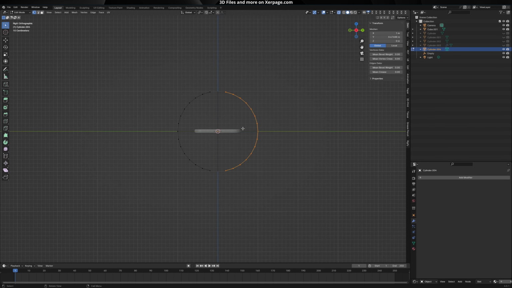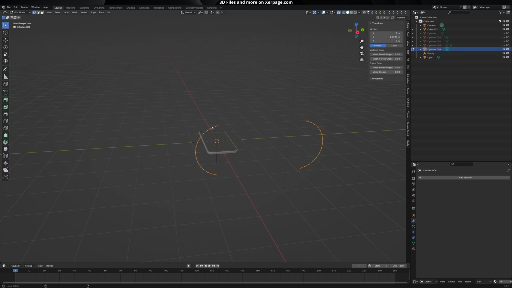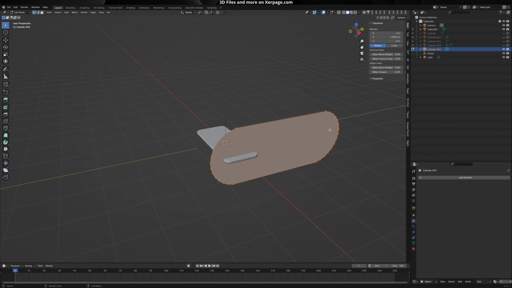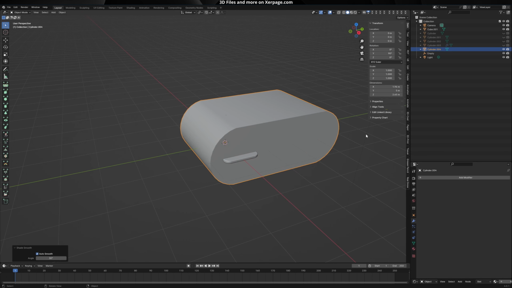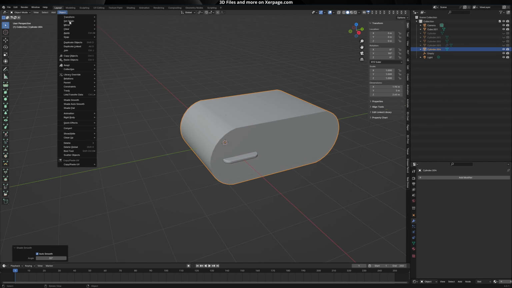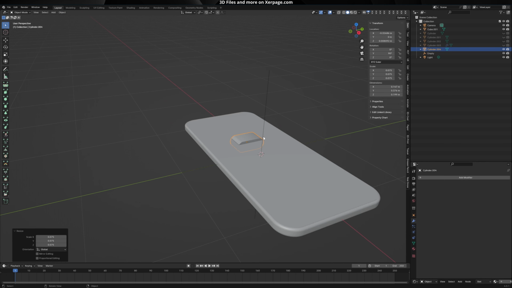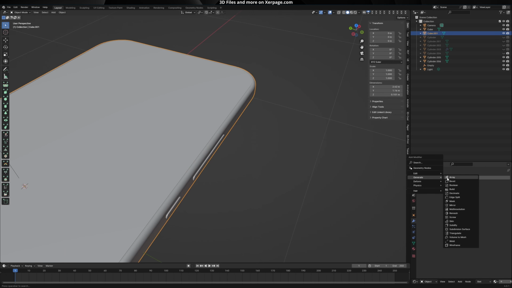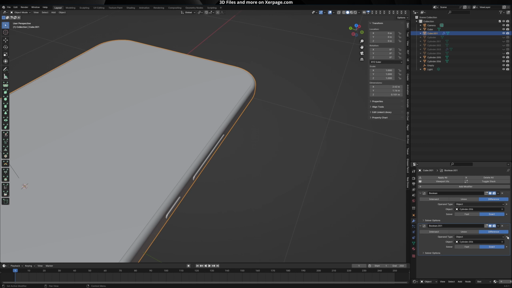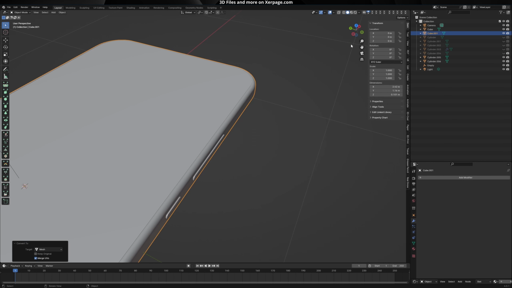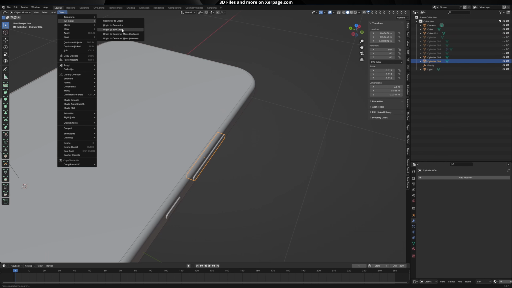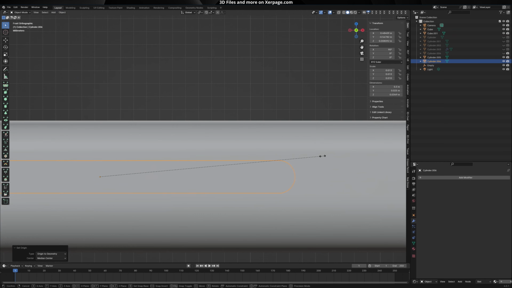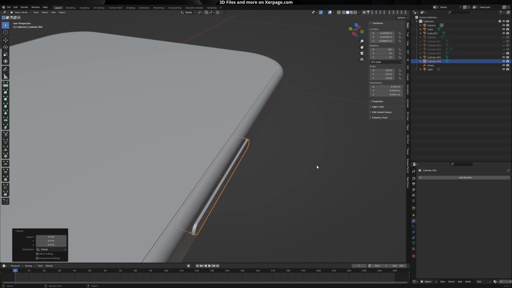After, move one side. After, select the other and press F. Now you're able to extrude by pressing E on your keyboard. Press Shade Smooth and Object, Set Origin to Geometry. Now you're able to use this 3-dimensional object for the boolean modifier like I've done for the power button and the volume button. In this case, I've converted to match the phone, and after I've scaled down the 2 different